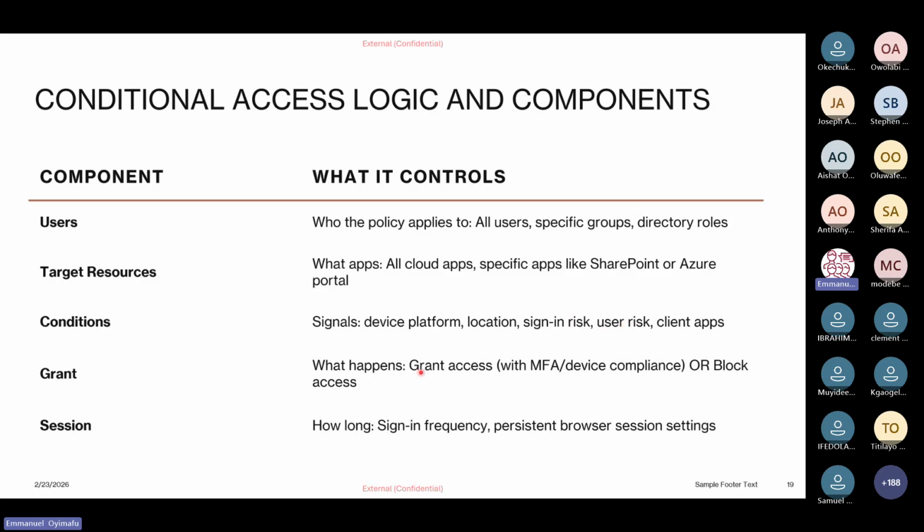And you could also say, for you to grant access, the device must be compliant, which we are going to look at for device compliance when we get to Intune. We are going to cover all that, to either block access. So you can also do session controls. Conditional access gives you more flexibility to allow access to different resources. You can say if your admins want to access SharePoint, they should require MFA, which we are going to do all this in the lab.